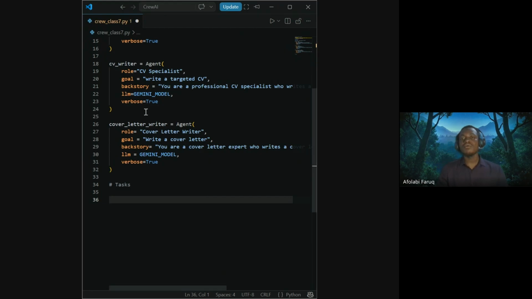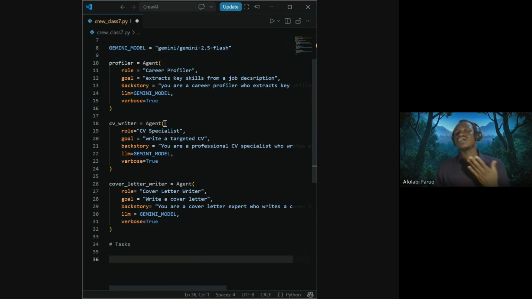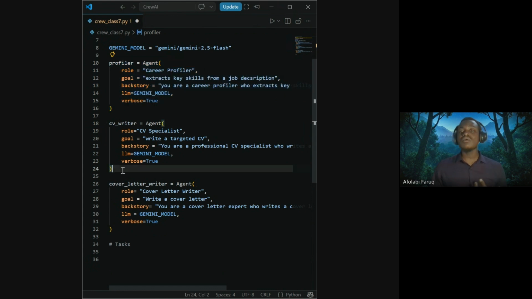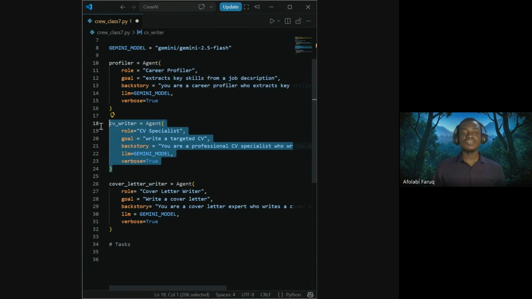For us to be able to draft the CV, we need the key skills from the job description, right? So whatever output the profiler returns is what we are going to use to draft the CV.